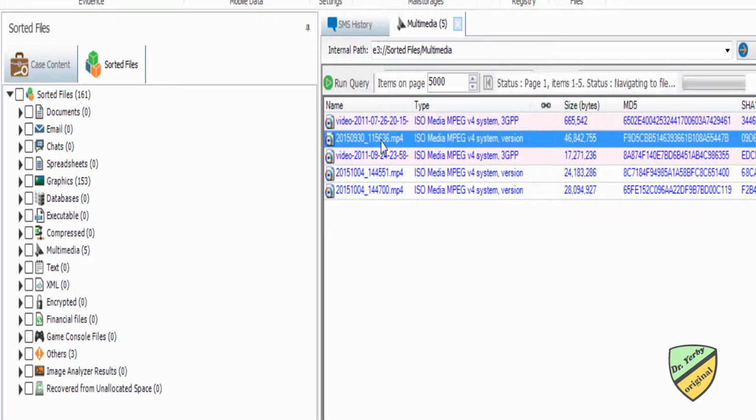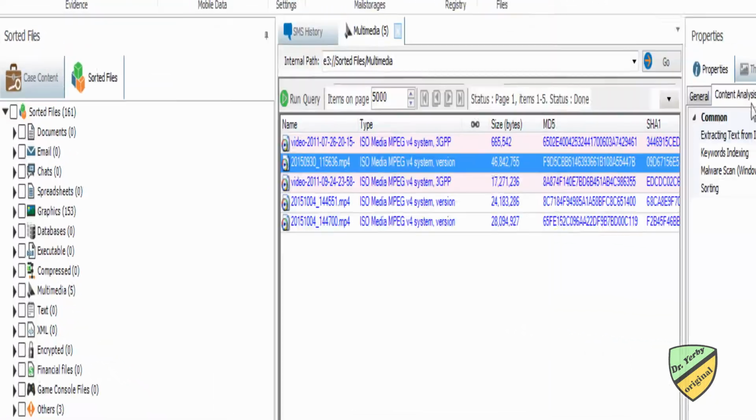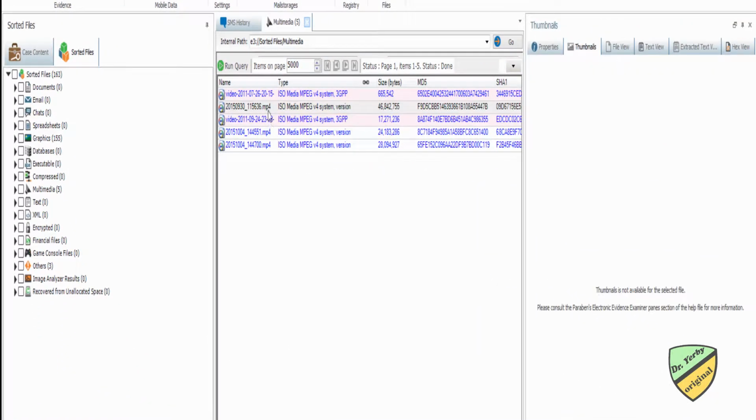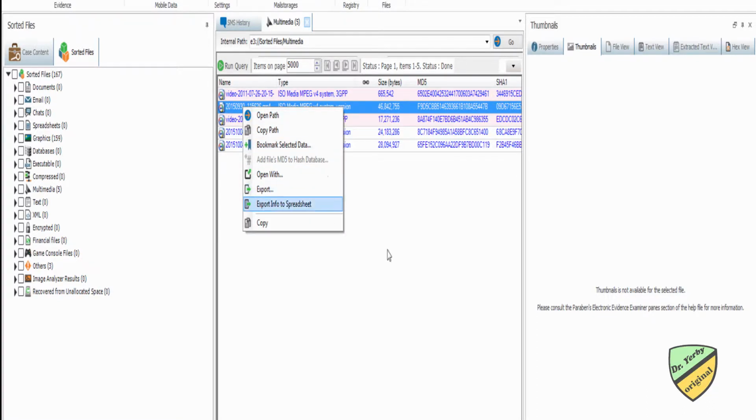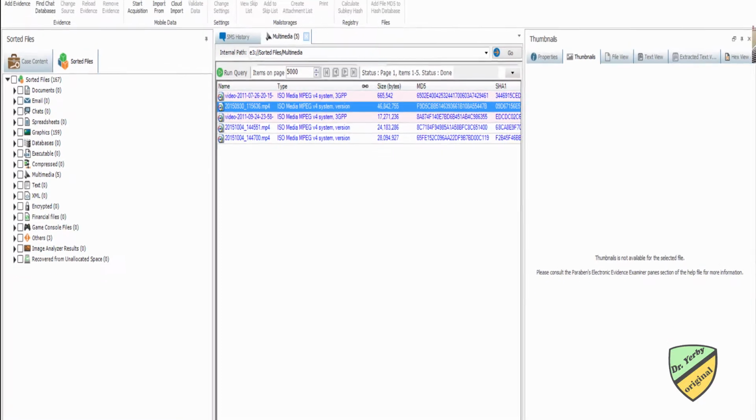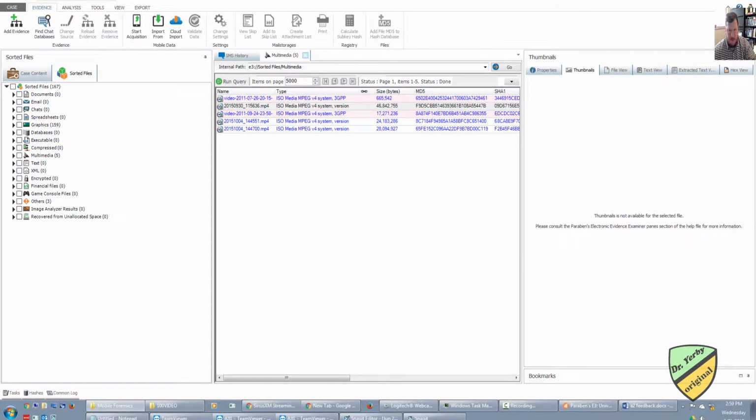If I find a video here or I find something of interest, I want to watch it. I don't believe that for video, E3 has a built-in player. If you're using something like Access Data's FTK, they do have a built-in renderer, but E3 and Encase do not. They're able to display photos, but not videos. What I would do is I would go to export, and then I would select a location that I would export that to,